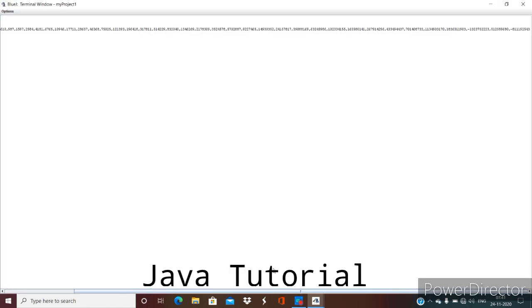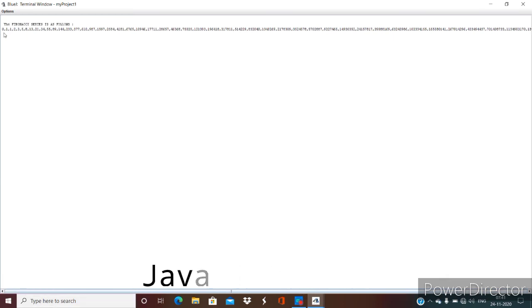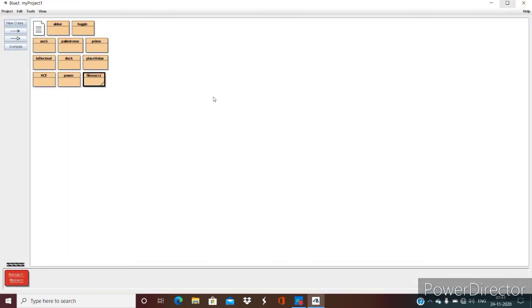So you can see the numbers that have come are 0, 1, 1, 2, 3, 5. So 0 plus 1, 1, 1 plus 1, 2, 2 plus 1, 3, 3 plus 5, 8, 8 plus 5, 13, 21, 34. So like this it goes on, and these numbers become very big after a certain number of terms. So this is the program that displays the first 50 terms of the Fibonacci series.